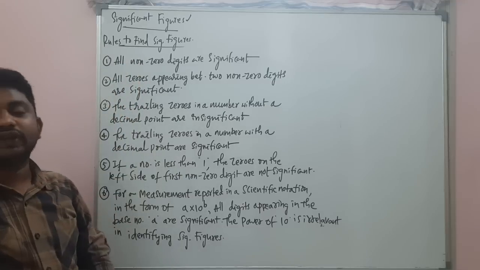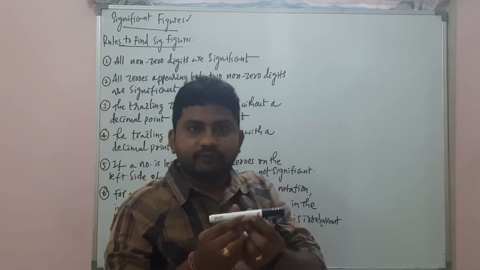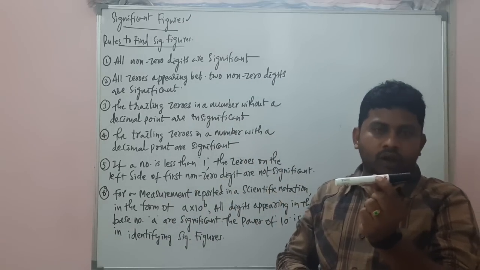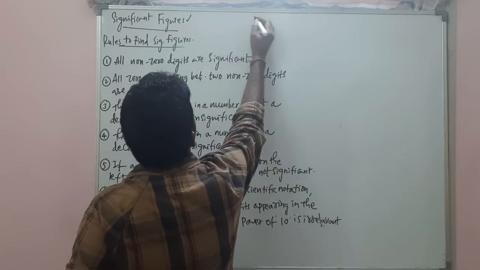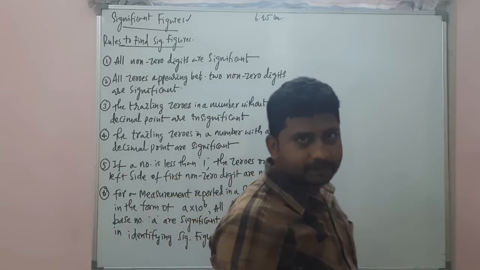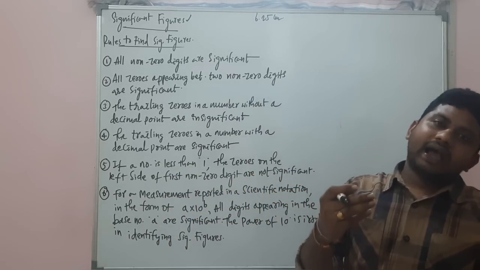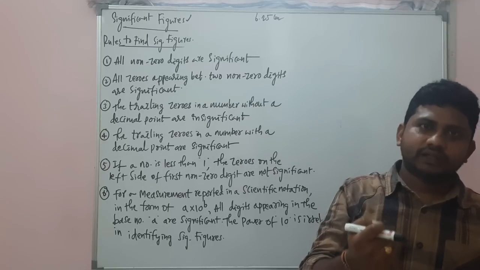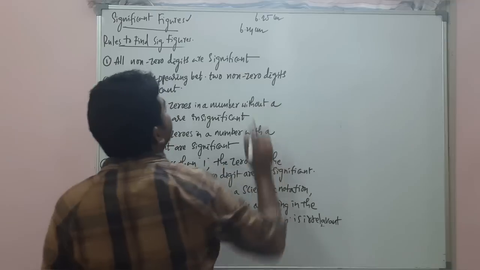What is meant by the significant figure, I am going to tell you. Listen to me carefully. So this is the object I have. I just wanted to measure the length of this object. Exact length of this, for example, is 6.25 centimeters. I can say it's a true length, right? I have an instrument. I measured the length of this object and I got it as 6.24 centimeters.